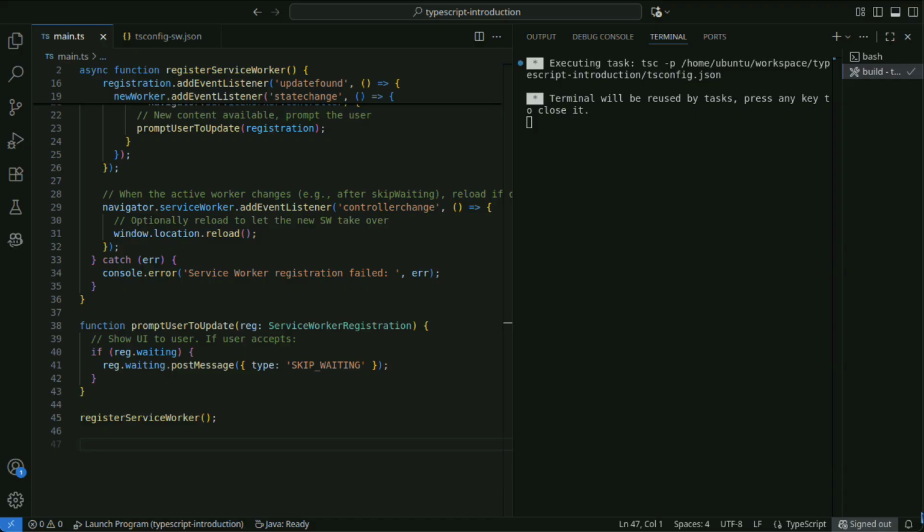By having the service worker receive a postMessage, type SKIP_WAITING from the client and then calling self.skipWaiting, you can prompt an update.